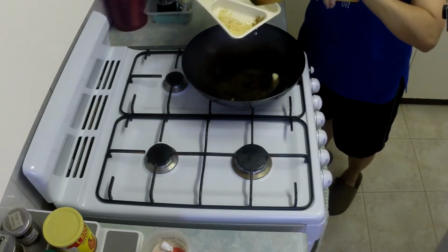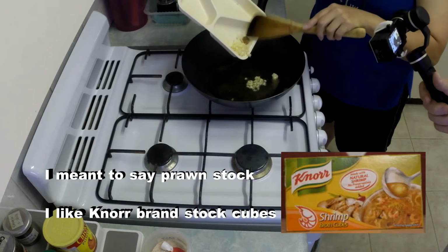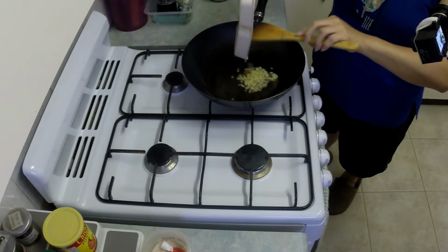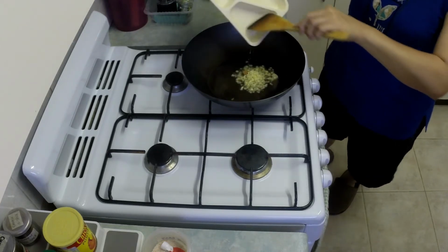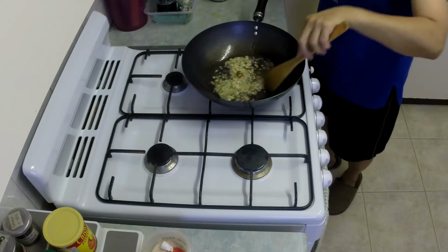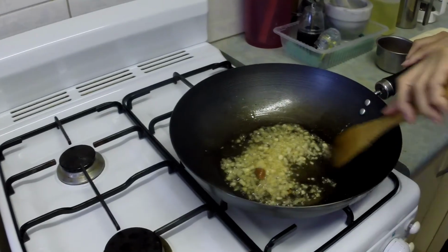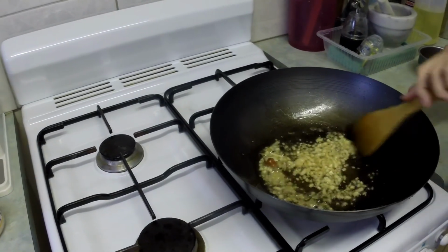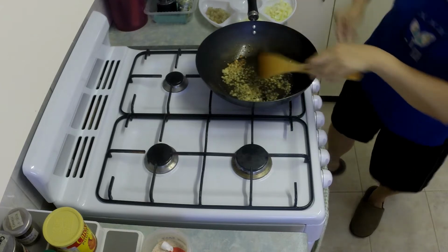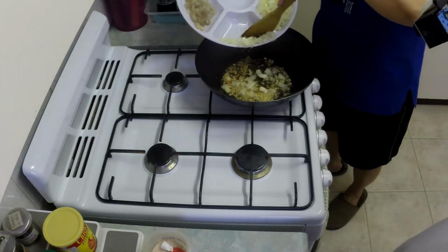The first thing you do is you put in your garlic. You're going to brown your garlic and your chicken stock. Here I've only put in about a 1/4 cube of chicken stock. Fire medium to small. You don't want a big fire because it will burn your garlic. Okay, you can see that the garlic is brown. You add in your onion